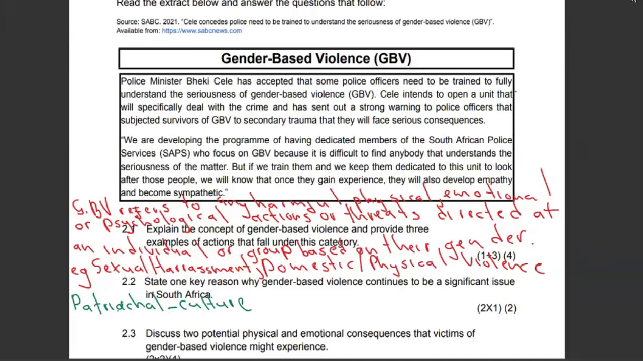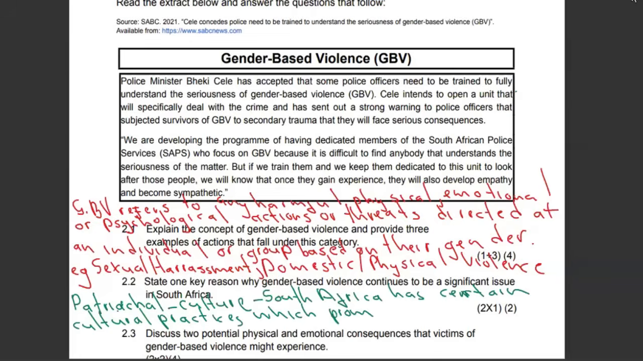So in simple form, I can say that South Africa has certain cultural practices which promote or perpetuate gender inequality. So it is rooted in the culture. There are several cultural practices which promote or perpetuate